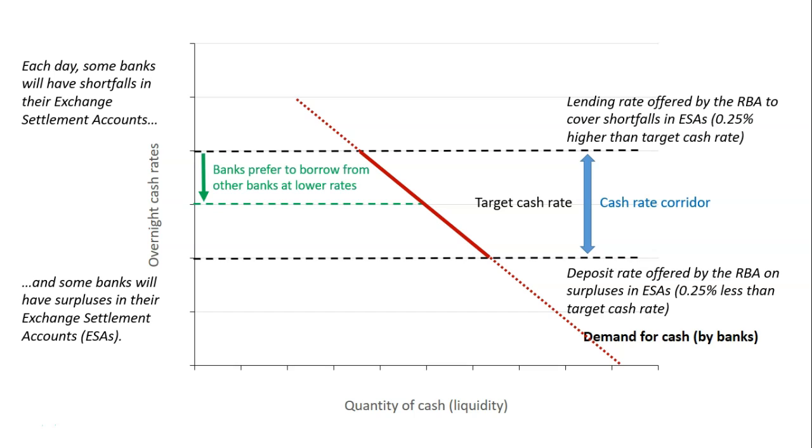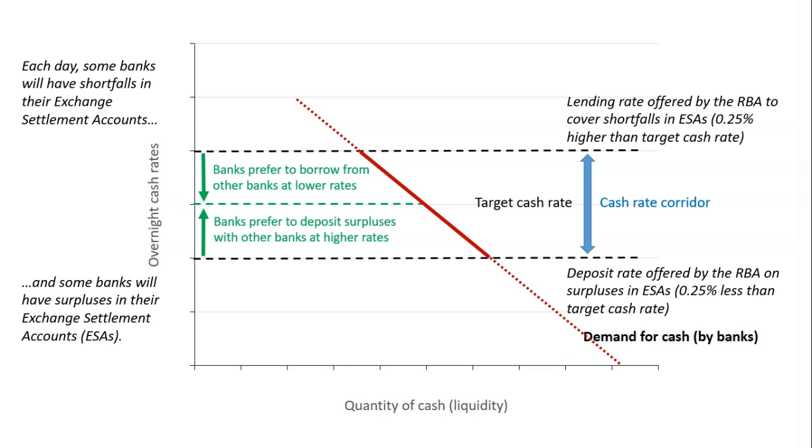Now, the banks that have a shortfall in their exchange settlement accounts could pay the interest rate offered by the Reserve Bank of Australia. But what they would prefer to do is borrow from other banks at a lower interest rate than that. And equally, the banks that have surpluses could deposit them with the Reserve Bank of Australia, but rather they would like to deposit those excess surpluses with other banks at a higher interest rate. So what this means is that there is a tendency for higgling and haggling between the banks within this cash